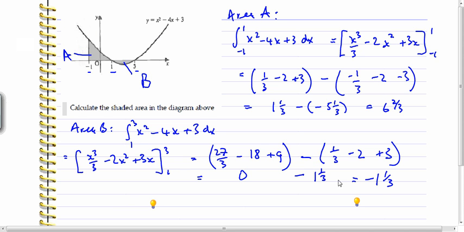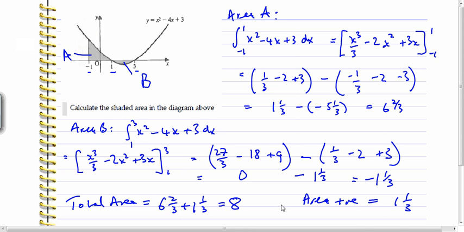Now, we know that that doesn't make sense for an area. You can't have a negative area. And the fact that it's minus, which we knew we would get because we're below the x-axis, is why we're getting a minus. But we never get a negative area, so we say the area is actually positive, 1 and a third. Then to get the final answer, we add the two areas, 6 2/3 for A, 1 and a third for B, giving us a final answer of